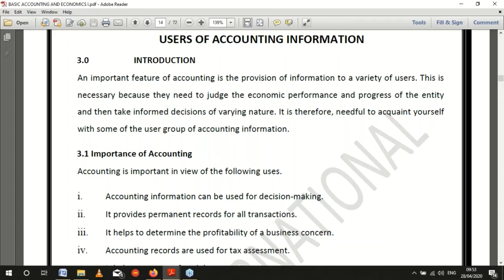Now we are moving forward. We are looking at the quality of accounting information. What are the qualities of accounting information? Number one is accuracy and reliability. The accounting must be accurate, and people must be able to rely on it. And the only way to know if your accounting is reliable or accurate is by the